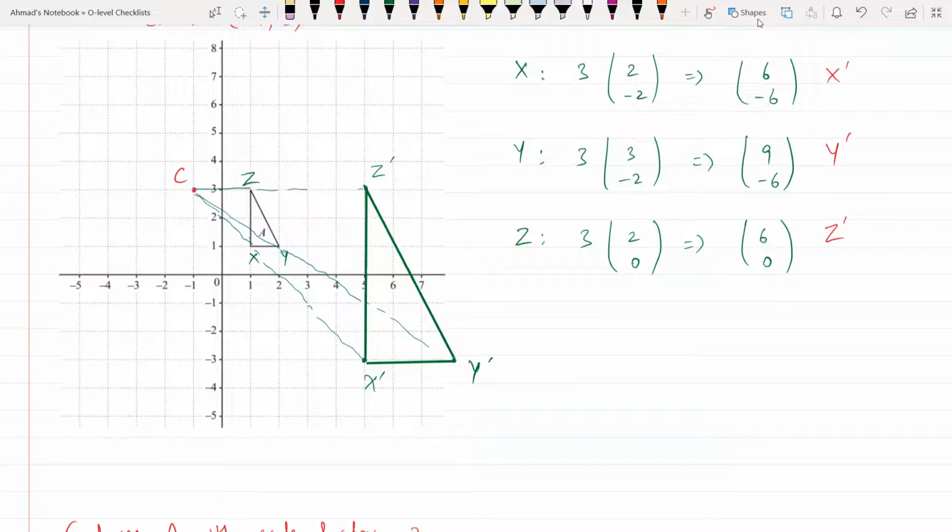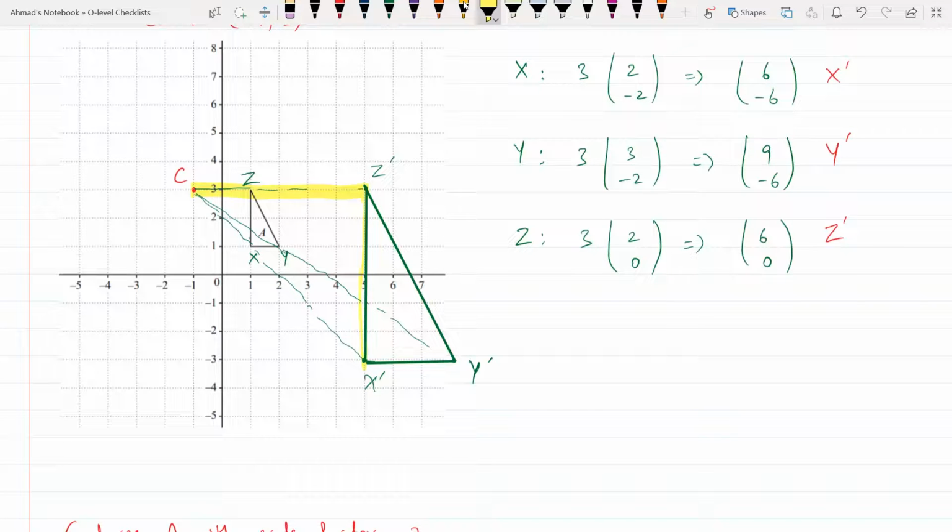Okay, so that's your enlarged figure, it looks something like this, okay। अच्छा, इसी को आपने उसी तरह से करना होता है using those vectors, आप क्या करोगे, स्केल फैक्टर को मल्टीप्लाई कर दोगे इन वेक्टर्स के साथ, लेकिन वेक्टर्स कहां से आ रहे हैं, आपने सेंटर से देखना है आप x y z पे कैसे पहुंच सकते हो। तो let's start with this, सेंटर से x पे कैसे पहुंच सकते हैं, we go 2 right and then 2 down, so that's 2 right and 2 down, 2 and -2, इसको आपने क्या किया, 3 से मल्टीप्लाई किया, you get 6 and -6,